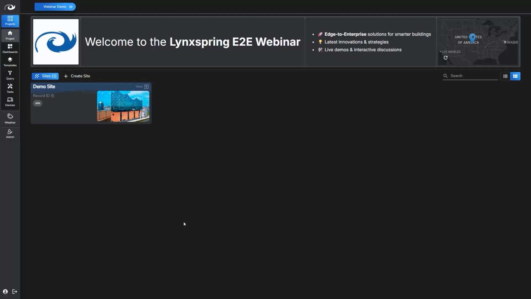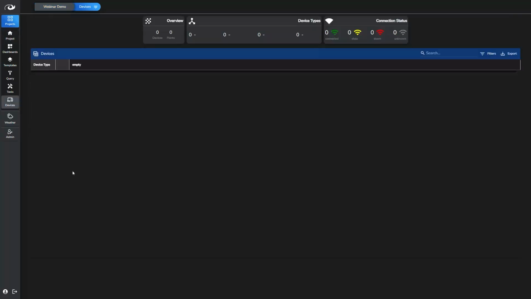But keep in mind that everything in here is customizable. Everything in here, you can basically do whatever you want with it. You can switch between views, you can move stuff around. And I'm going to show you a bunch of that right now. So as we dive through this, I like to start at the device manager. So here we have our device manager, and right now you can see that there's nothing in it.